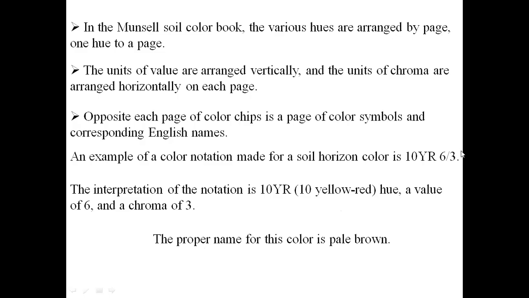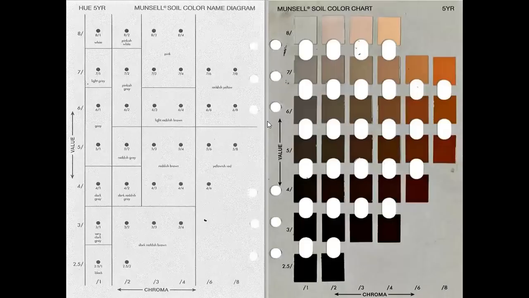So remember, students, how to read these notations. 10YR is the hue, 6 is the value, and 3 is the chroma. Mostly, in the vertical section, I will show the Munson color image. Vertically you will have the values, horizontally the chroma conditions, and in the color chips we can see the names of these symbols in English. I will show that. So all are familiar with this type of experimentation. Generally we keep our clod or ped, or whatever sample, behind the particular chip.